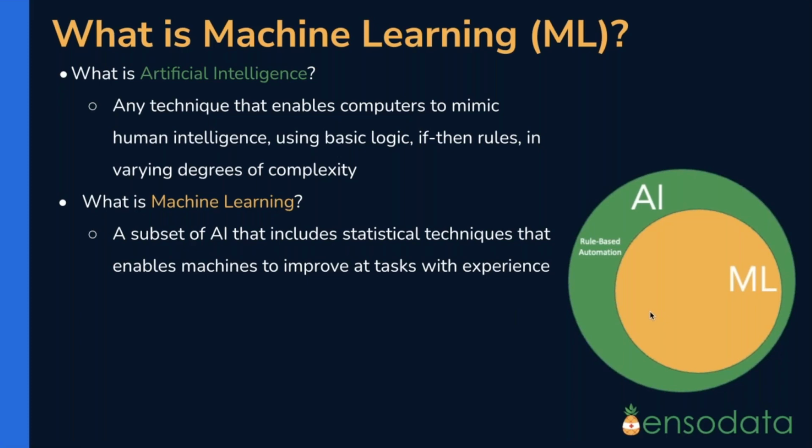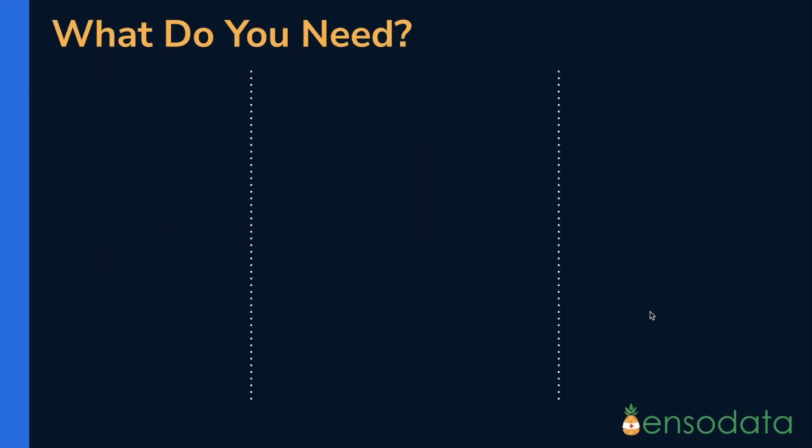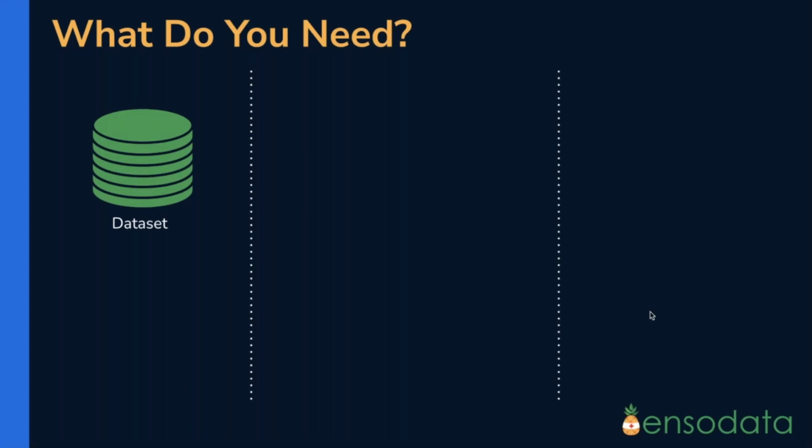So, very much like a newborn learns how to perform a specific task based on trial and error, or learns how to detect an image of a cat the more images of cats she sees, a machine learning model learns with experience as well. So let's discuss briefly the different ingredients that you might need in order to build a machine learning algorithm. The first thing you might need is a data set. Now, the data set is often comprised of input data, and often each input data is associated with its output